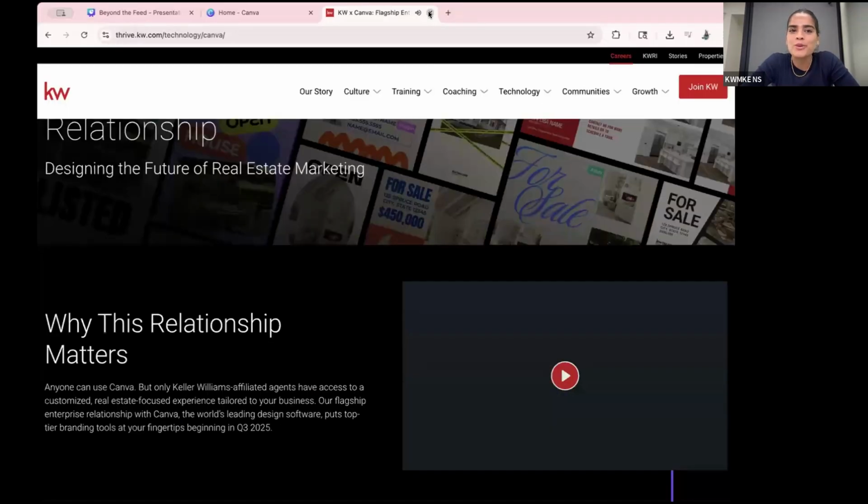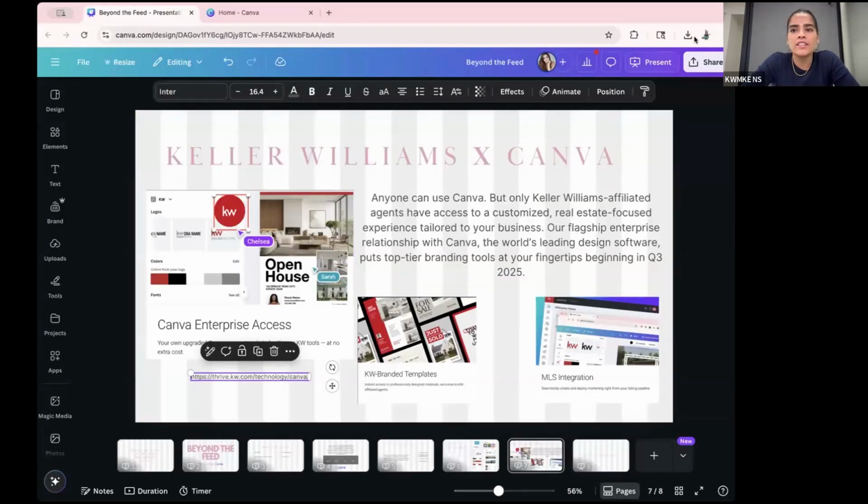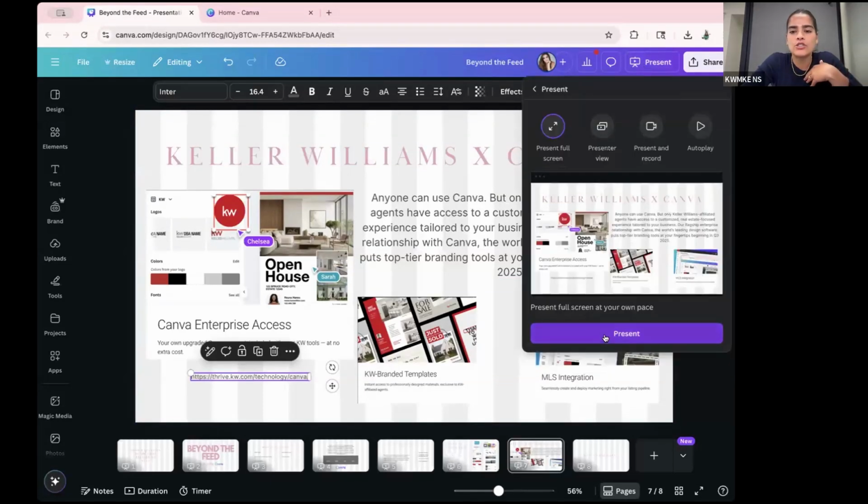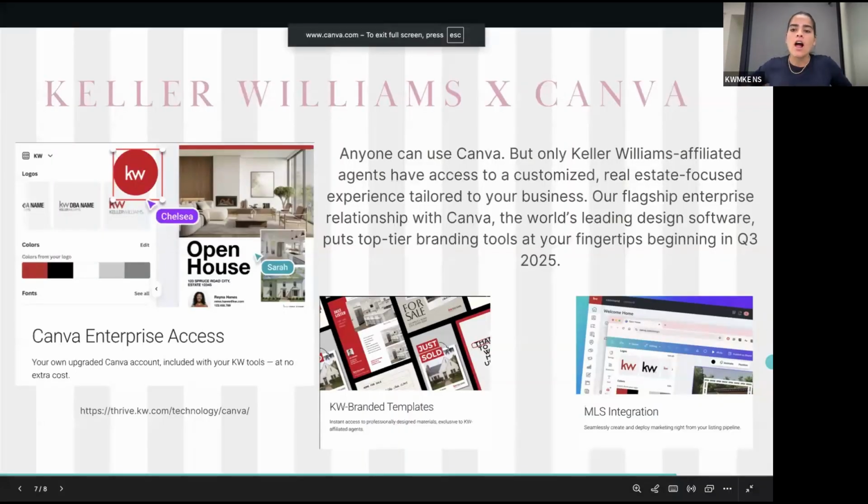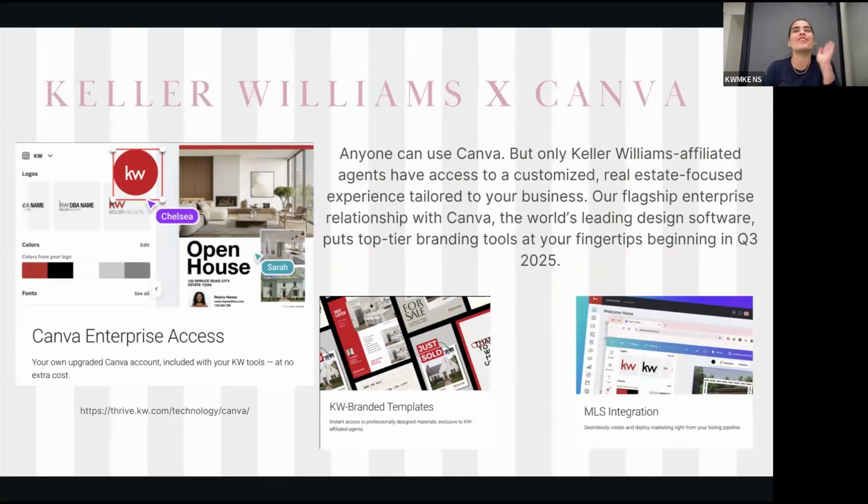Right. So that's super exciting. It's going to be getting integrated into your Command accounts at the beginning of quarter three. Sorry, my words are getting tied. But this is going to be really helpful because it's going to have all of the KW branding in what's going to be your brand kit through that Command account. So you're going to have lots of tools and different resources for you to utilize right at your fingertips,